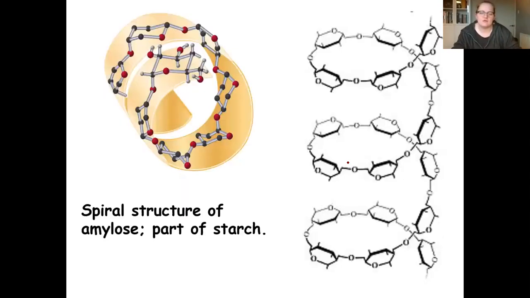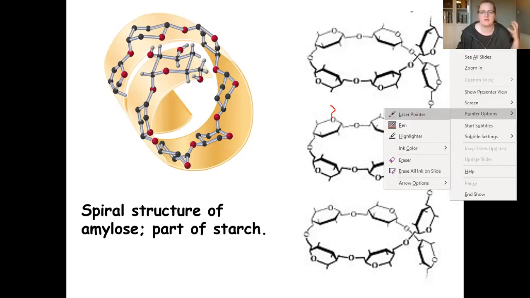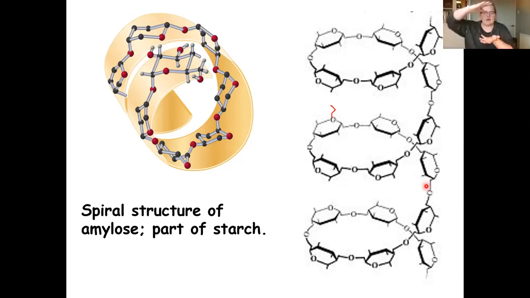So here we go. This is a spiral structure of amylose, and it is a long unbranched chain. And what we mean by unbranched is we don't have any extra bits coming off it around here. It is just a long unbranched chain. And that's really, really good. The length of it is really, really helpful because we are just cramming in as much as possible. Because it doesn't have any branches, we are able to make it into coils and spirals and really squeeze it together. So what happens is those alpha 1,4 glycosidic bonds, the angles of them allow this coil